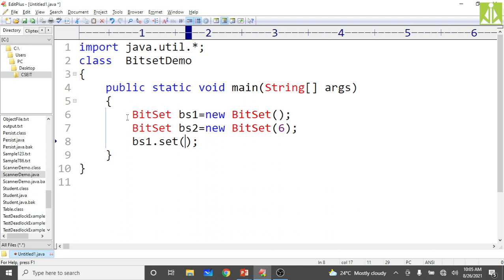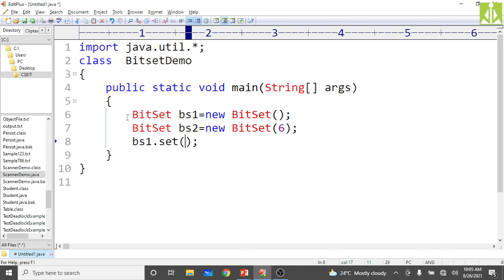Our semester time is very less, and I have to cover so many predefined Java classes, so I'm allocating 5 to 10 minutes for this BitSet class. But in reality it will take a lot of time.